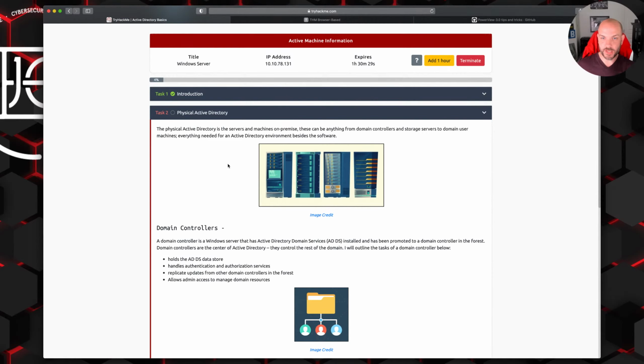And different types of servers that we have that can be connected to Active Directory: domain controllers, which we're going to hit on, storage servers, file servers, print servers, email servers, web servers, database servers. Pretty much anything that you can think of that's a server can connect back to Active Directory one way or another. You can also integrate Linux into that in some ways. You can also integrate networking devices into that in certain ways as well,